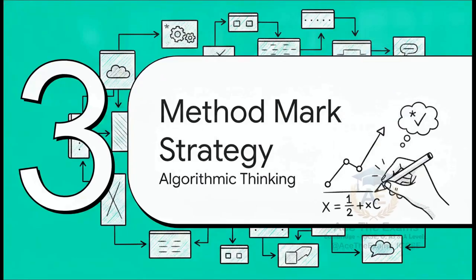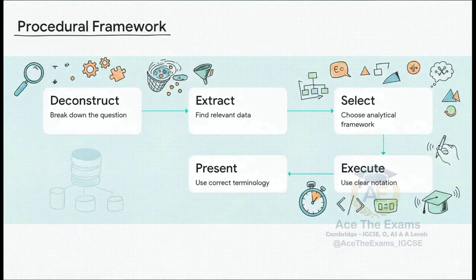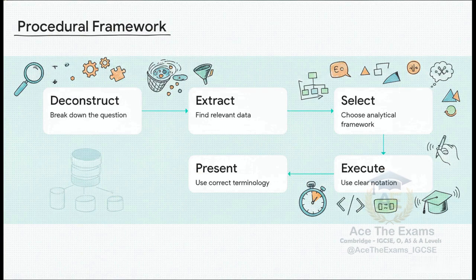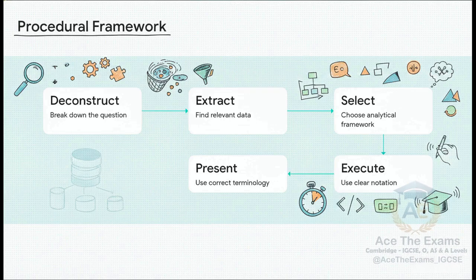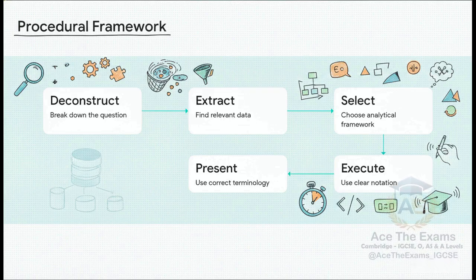All right, rolling into part 3, the method mark strategy. Okay, so if the PEEL framework is your structure, then this next concept is absolutely your secret weapon. We are talking about algorithmic thinking. This is where marks are awarded for the process itself, not just getting to the final answer. If you want to rewrite those terribly flawed answers from Alex and Sam earlier, you have to follow this exact